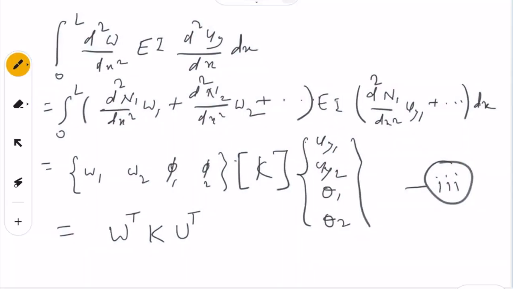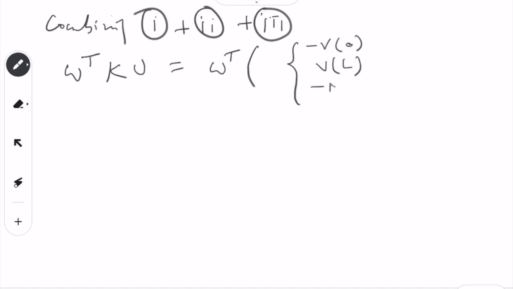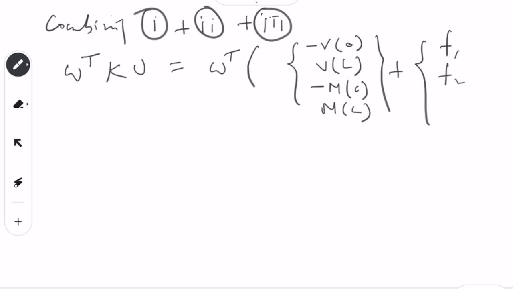We will get wt, and k u is equal to wt, and here we have the forces that are coming from the, so minus v0 vl minus m0 ml, plus we have f1 f2 f3 f4 like this one. So let's call this combined WTF,